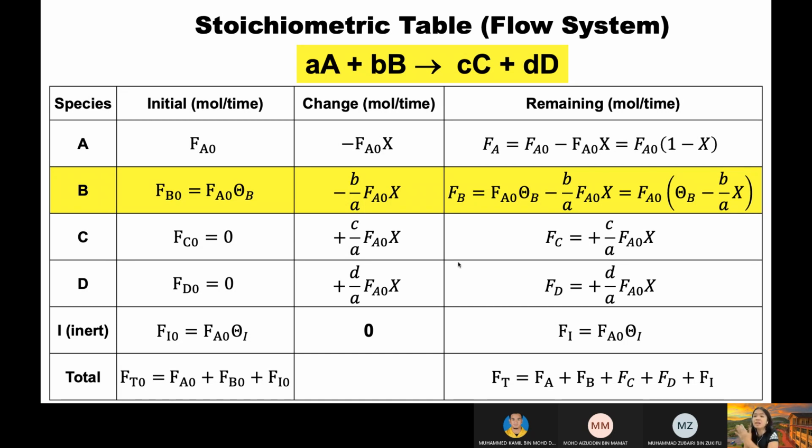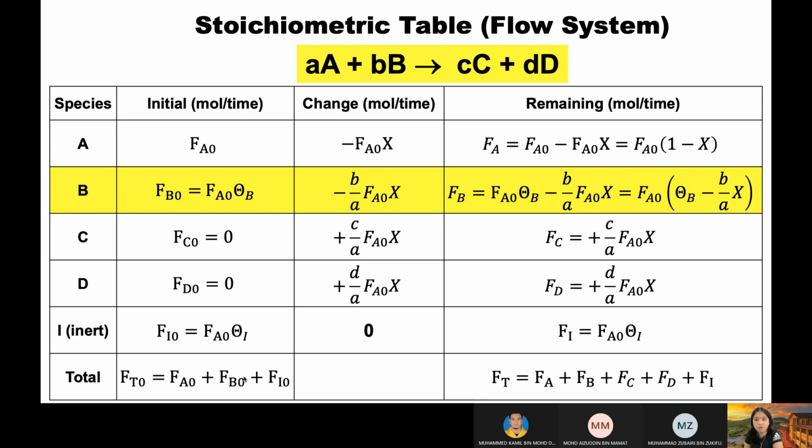Then, that's why naturally, the remaining molar flow rate of inert akan sama dengan initial molar flow rate of inert. So, remaining molar flow rate of inert will not be different because there are no change of inert during the reaction. So done for inert. Okay, then lastly, you will have to calculate the total